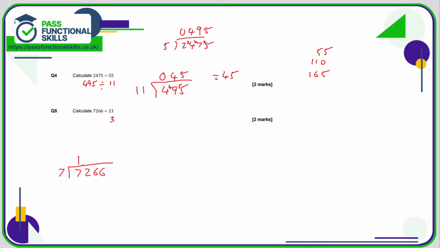2 divided by 7, 0, carry the 2. 26 divided by 7 is 3, remainder 5. 56 divided by 7 is 8, so it's worked out. So